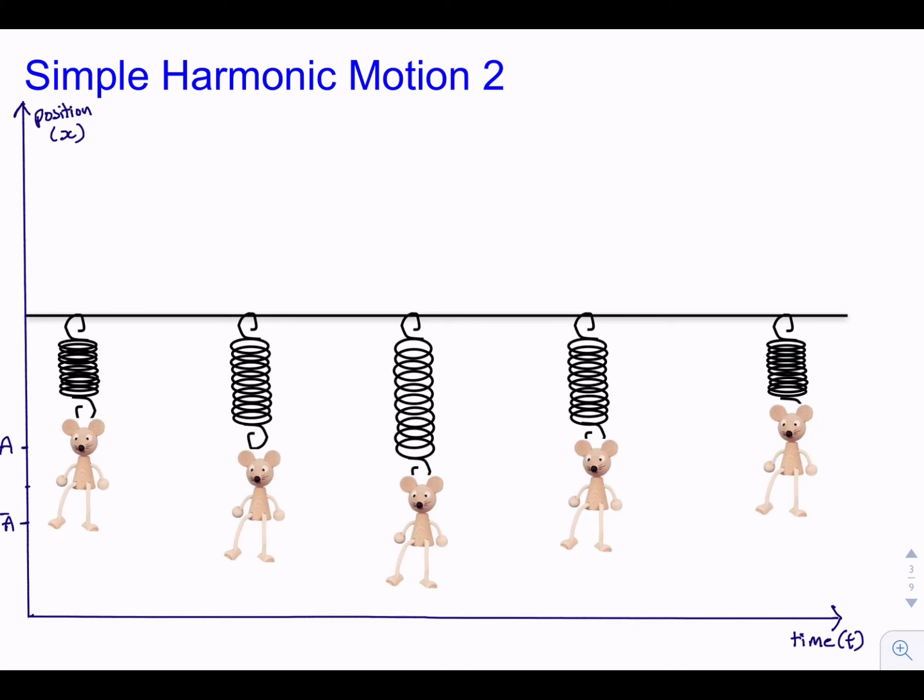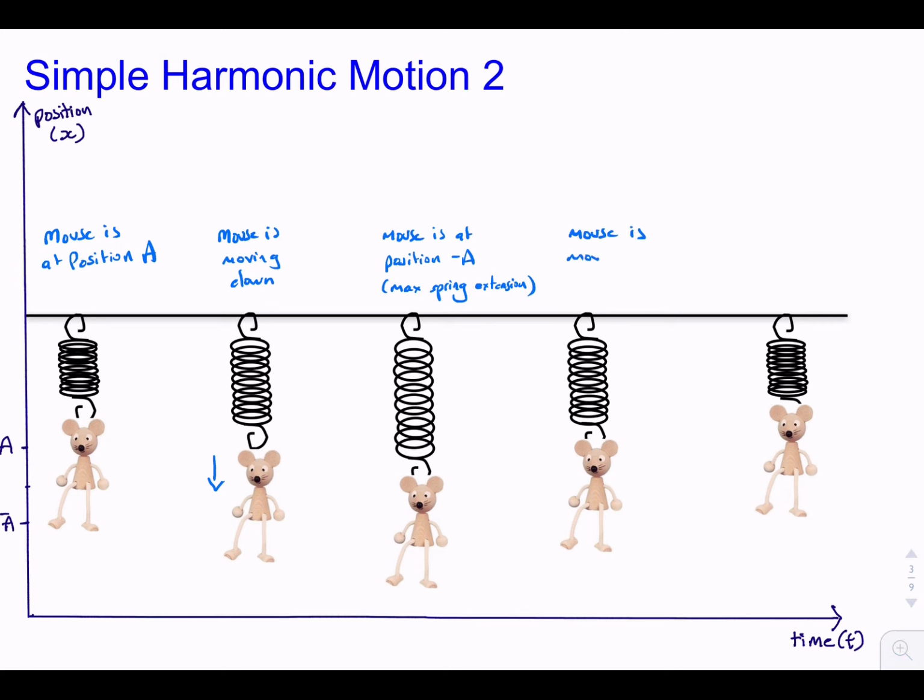The mouse is moving down in the next position, and in the middle position, the mouse is now at position minus A, which has a maximum spring extension. In the next picture, the mouse is moving back up, and in the final snap, the mouse is back at